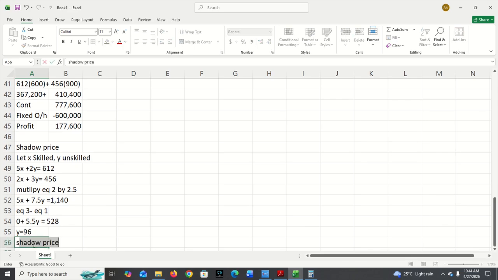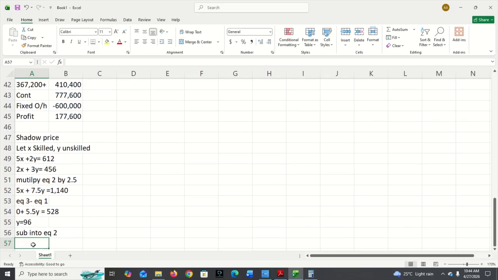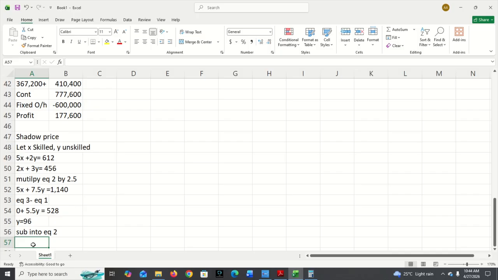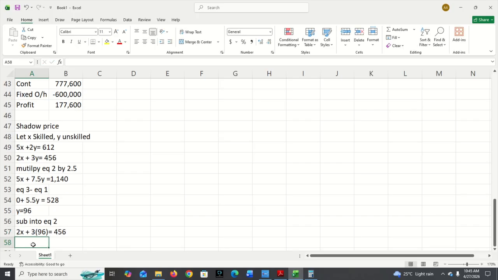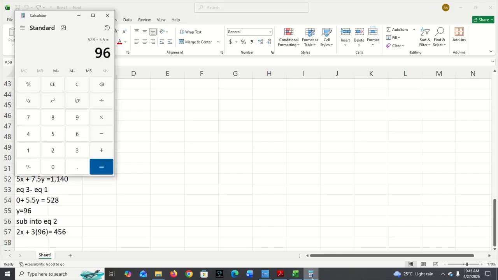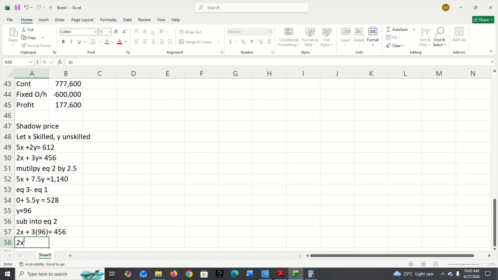Then substitute into equation 2, just like we did for the other time. Equation 2 is 2x plus 3y. So that will be 2x plus 3 multiplied by 96 that we got now, equals to 456. Okay, so 2x plus 3 multiplied by 96, let's do that. 3 multiplied by 96 will give me 288. So 2x plus 288